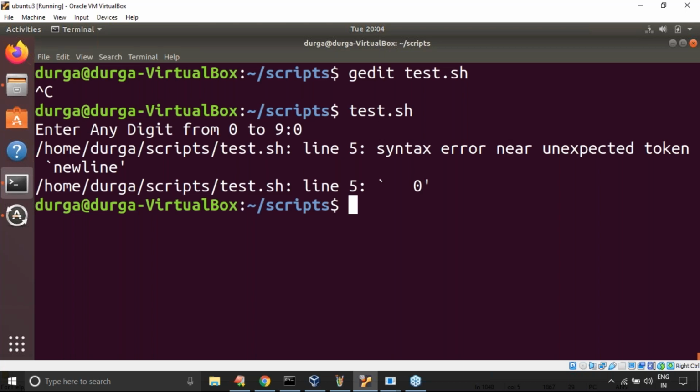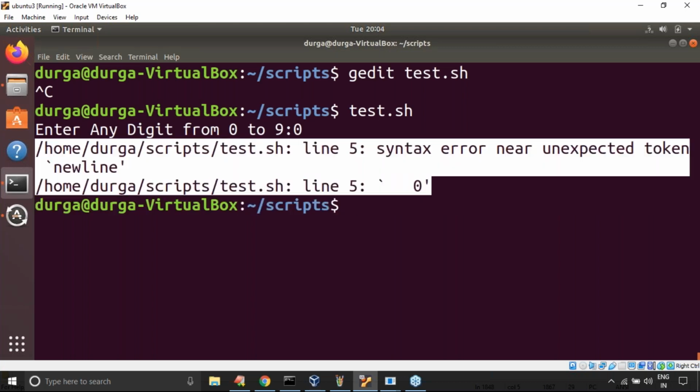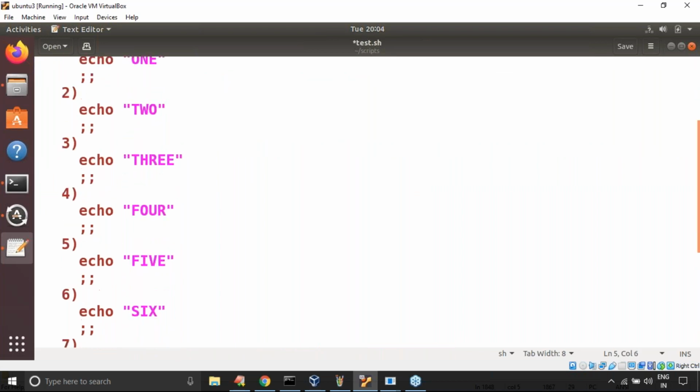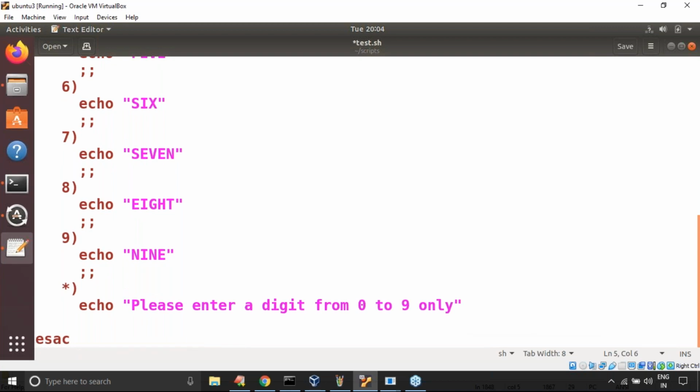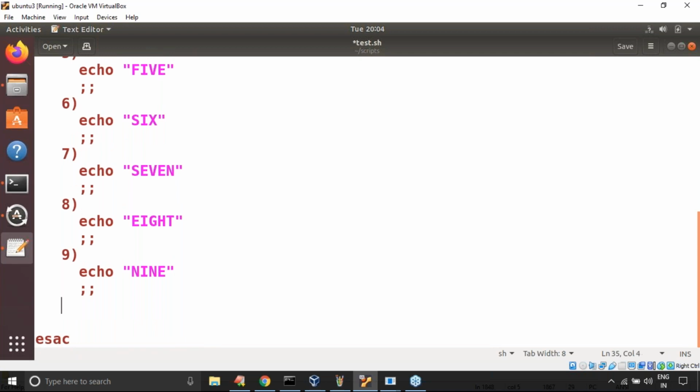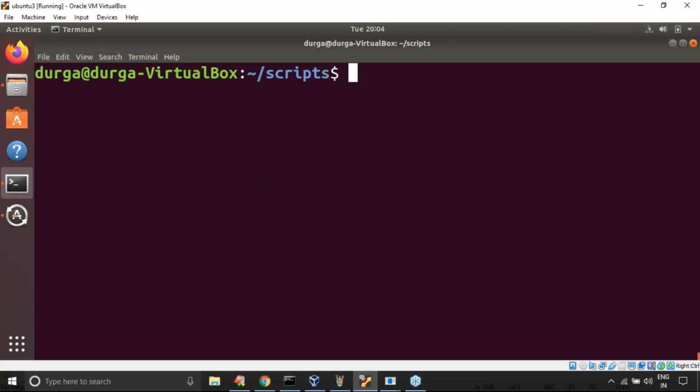Have you observed some mistake? It is mandatory. One more thing: is default mandatory or not? The default case is always optional. If you want, you can take it; otherwise you can ignore it. No problem at all.